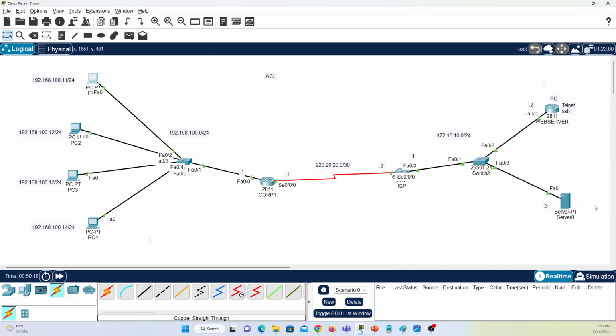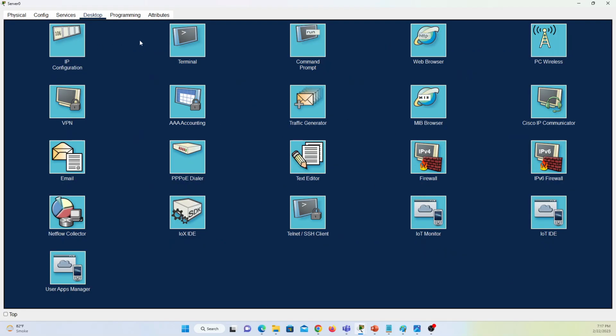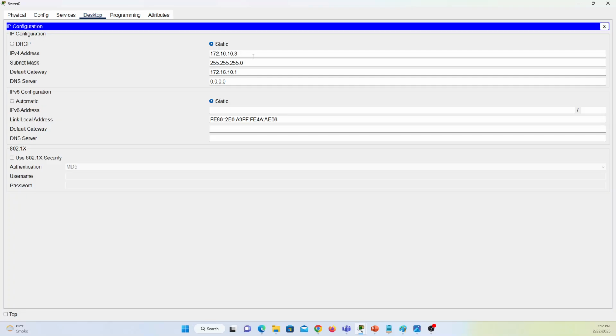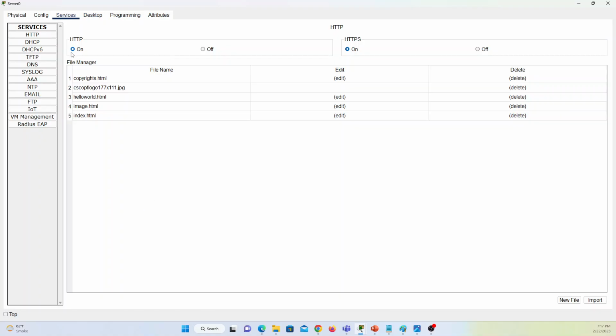Let us go to the server and enable HTTP and FTP. And we are going to do HTTP and FTP from here. So I'll go to this server. What was the IP of this server? It is 10.3, right? So we are going to go to the services on the top, right? And you could see HTTP is enabled, right? HTTPS is also enabled. If you go to FTP,